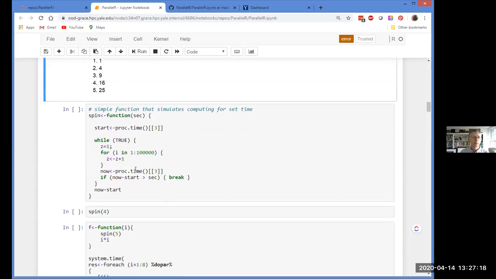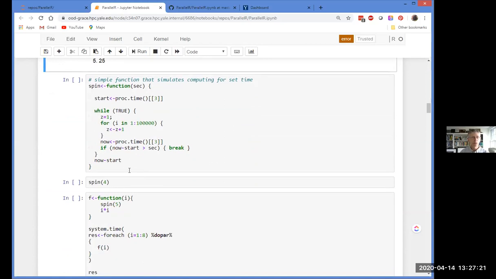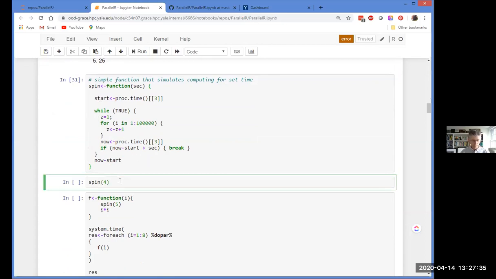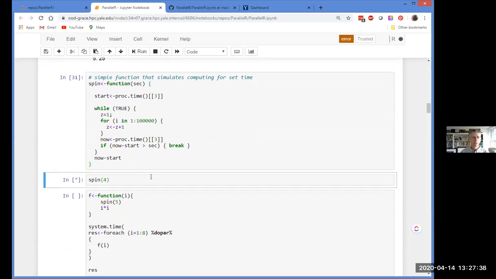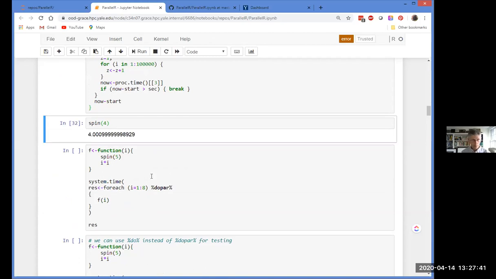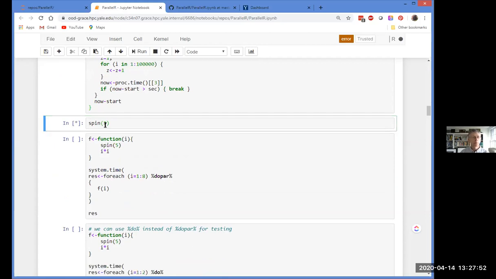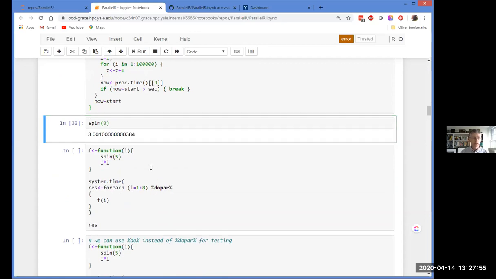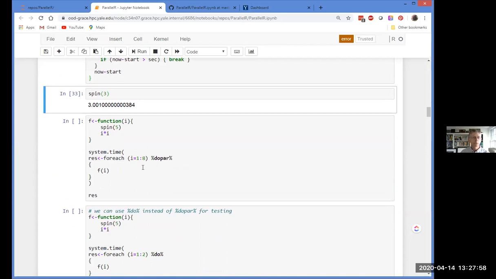Now, to make that a little bit easier to see as we move along, I'm going to create a little function here that basically simulates computation by spinning for a certain amount of time. So I'll just go ahead and define that function. You don't really need to look at the contents here. You can look later if you're curious, but the important point is if I run spin and some number, it's going to take that many seconds to complete. And then it's actually going to print out how many seconds it spun. So I can do a different number here, and it'll spin for that amount of time. So it's just a utility function that I can use as we experiment a bit with foreach.